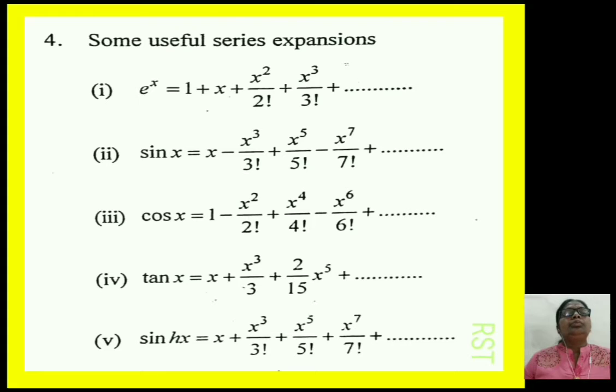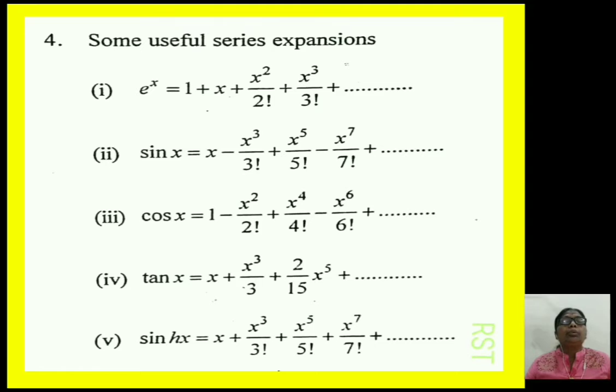Fourth expansion is of tan x. Tan x equal to x plus x cube upon 3 plus 2 upon 15 x raised to 5 plus dash dash dash. And fifth expansion is sin hyperbolic x